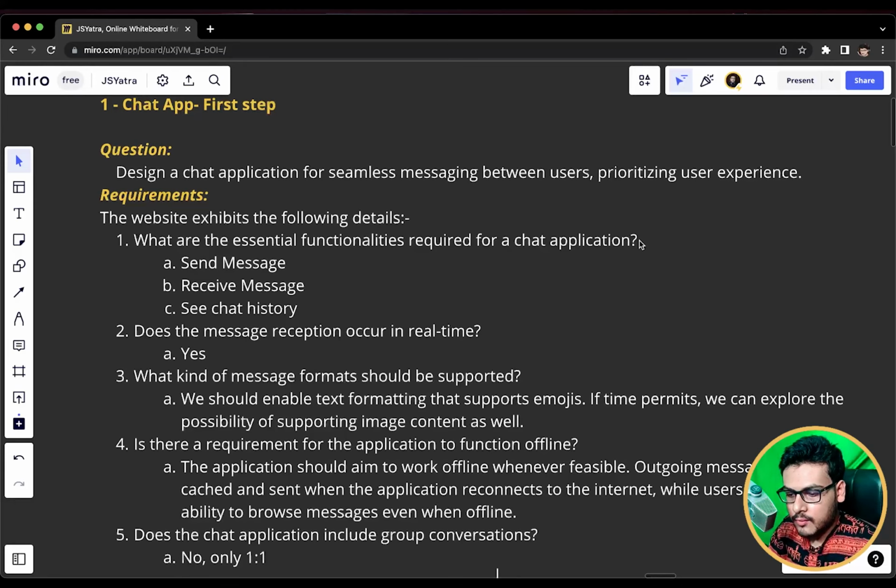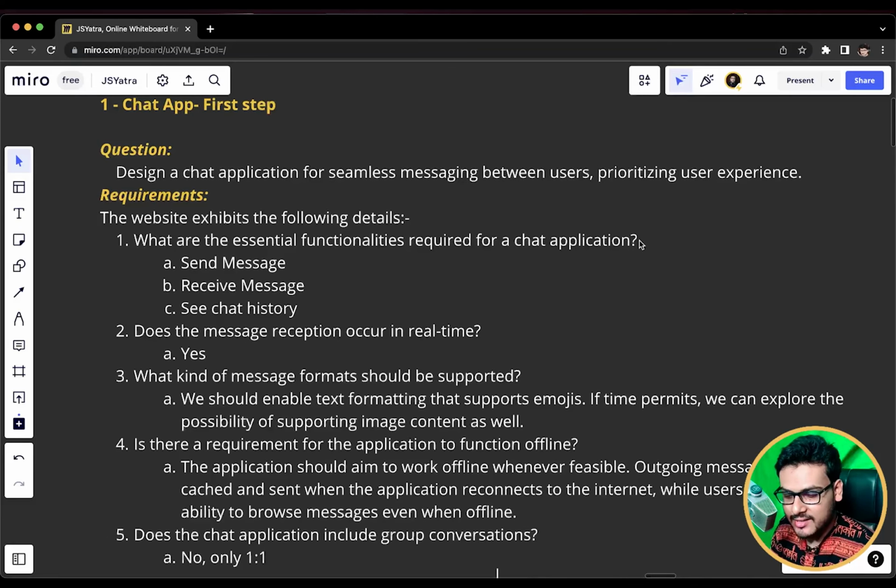But for now, what we have to do is, before choosing the right tech stack, we have to define the database. What database? How come front end has a database? Trust me, we are going to learn a lot of things new in this particular question, and that is why I selected this, because it is going to expose you to very different scenarios and different technologies that this chat application needs. So this is not just some basic website like e-commerce where you will be having a website, you have front end, back end, and other stuff, but it has a lot of involvement with database as well on the client. Yes, not on the back end, but on the client.